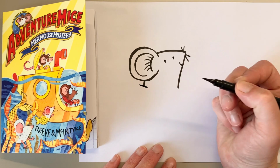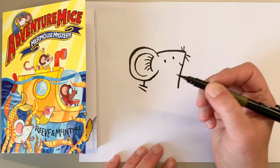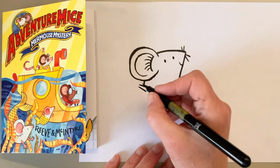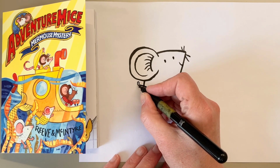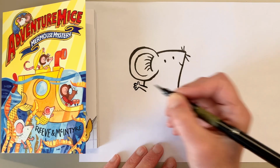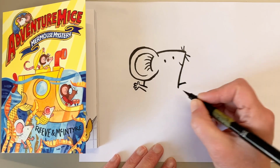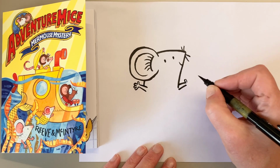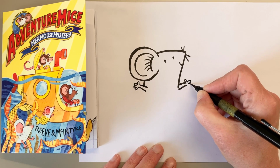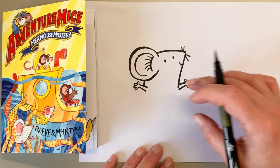A little line there. And another line here. We'll have it like he's holding it up for a hug. Little thumb there. 1, 2, 3 fingers. And on the other side, little line. Another line. 1 thumb and 3 fingers. Now in the book, I have the tail coming this way, but let's go the other way